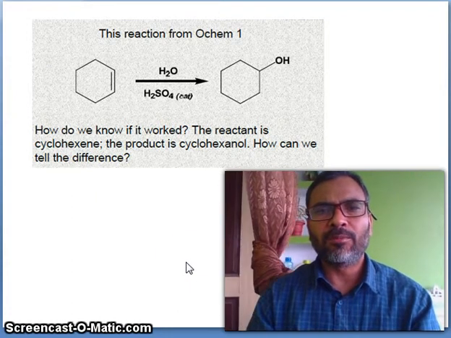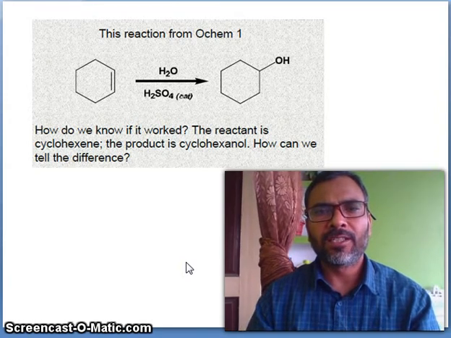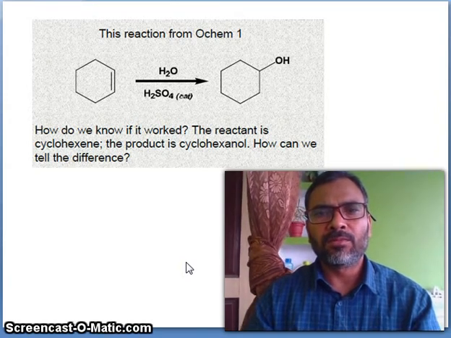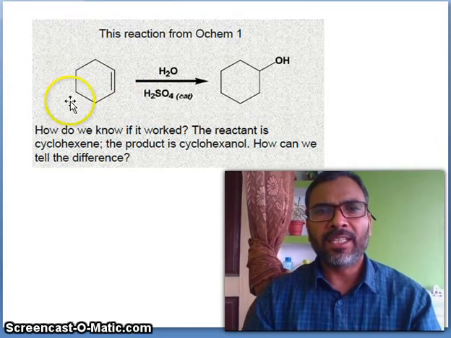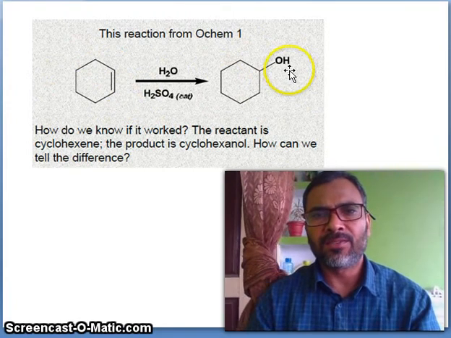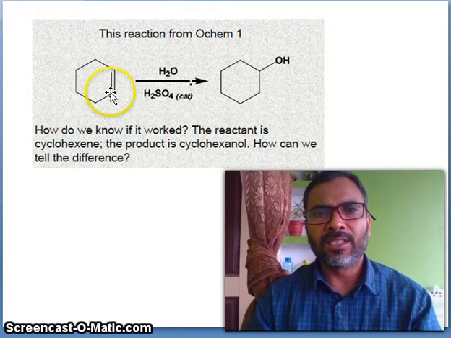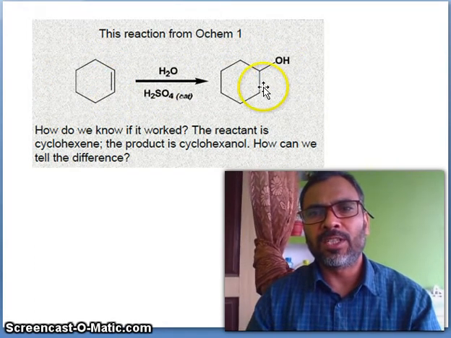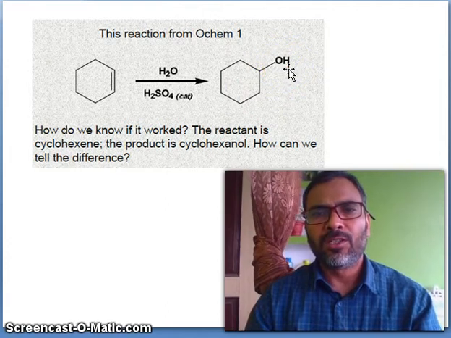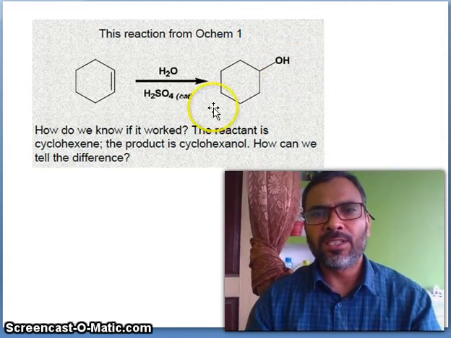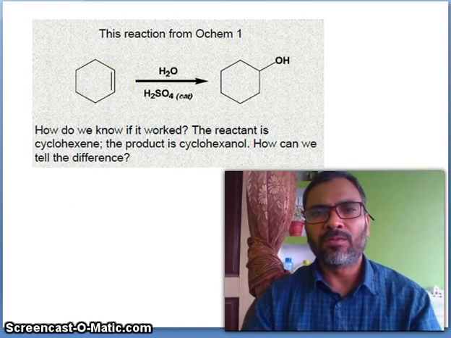Today in this video, I am going to explain about IR spectroscopy. So let us start with one example. You look at here and here. What is the difference? After using this reagent, your double bond converted into single bond and there is an OH. So if you synthesize this type of compound, how do you know your compound formed or not?